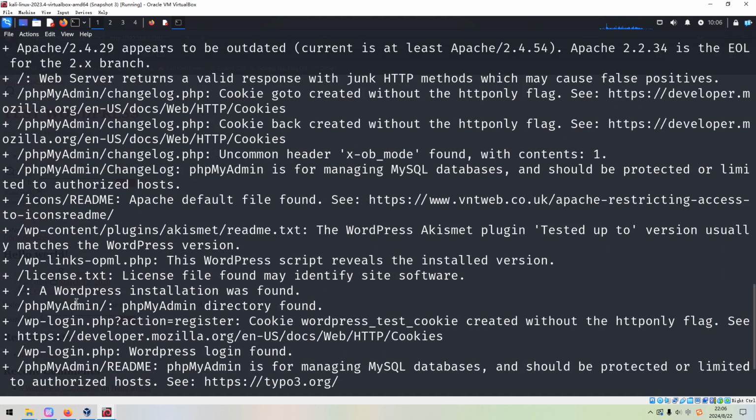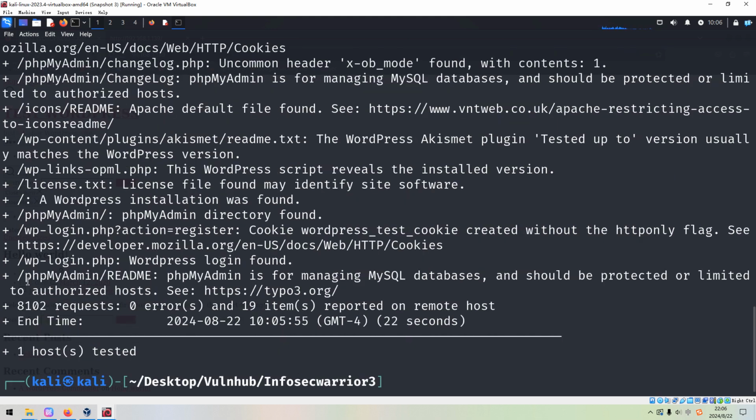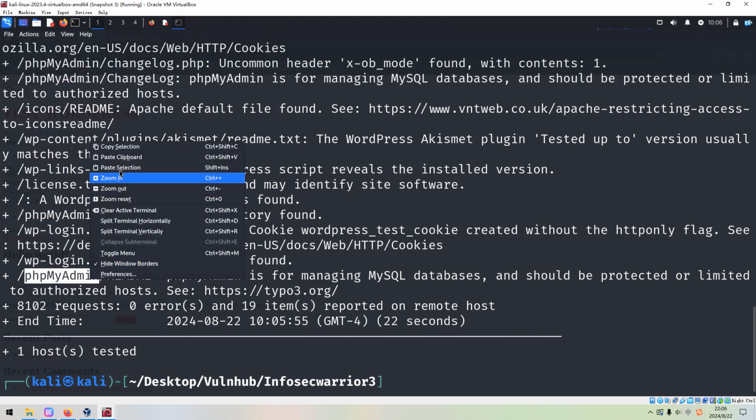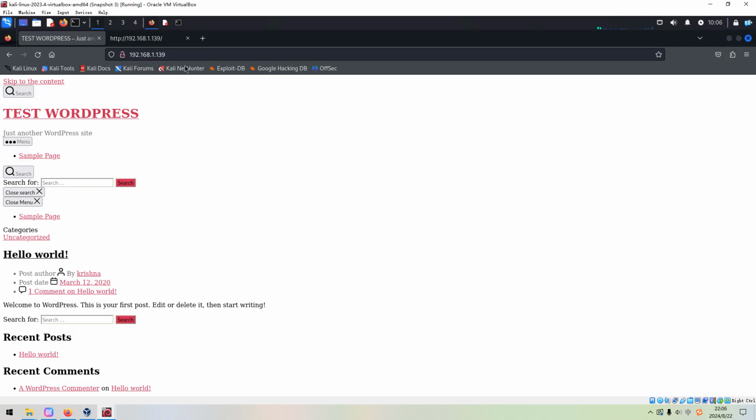Anyway, it's done, and it confirms our early discovery during the manual enumeration stage. The target is running WordPress, and it also found this phpMyAdmin. This is an application which administers the MySQL database. So I think we need to take a look at this directory or this application first.